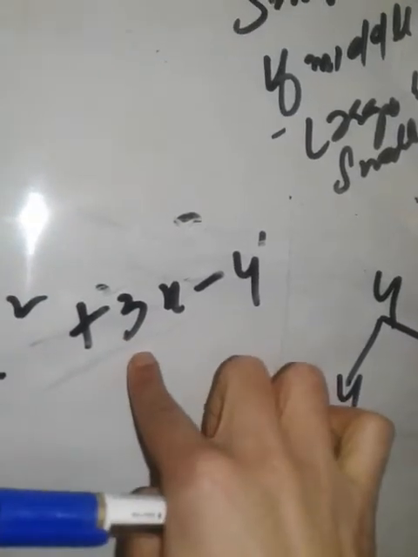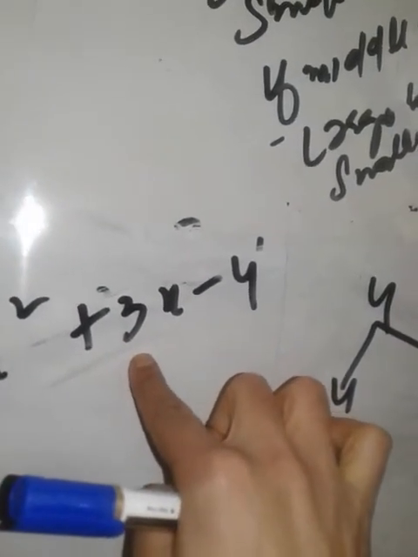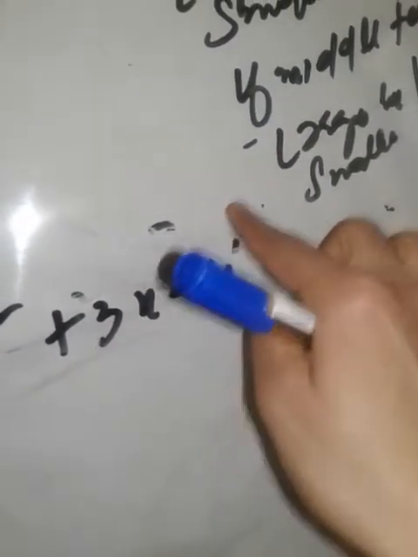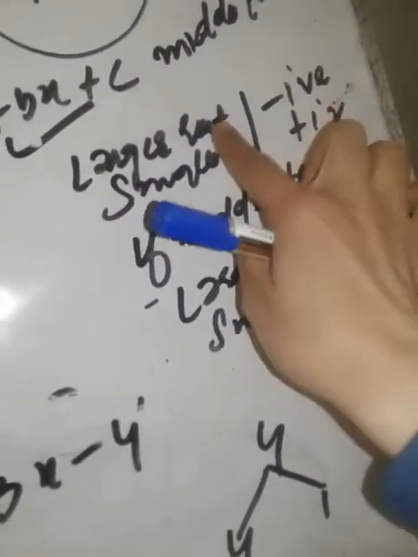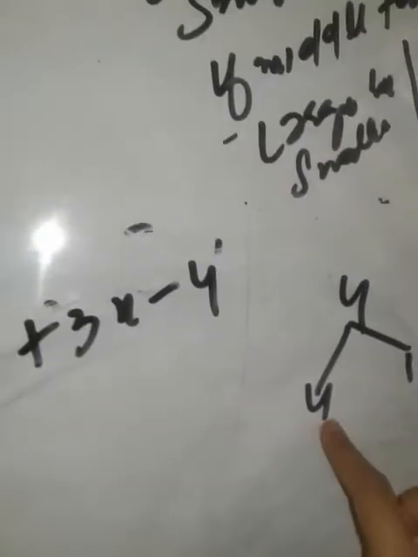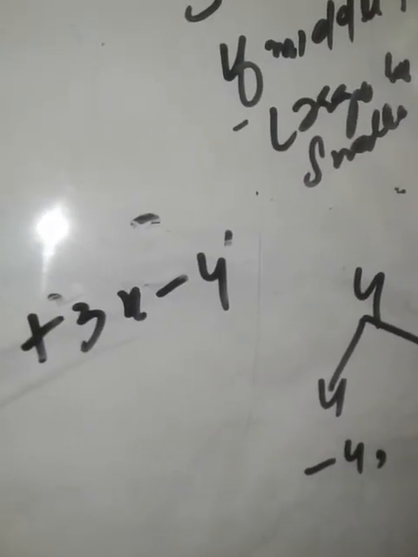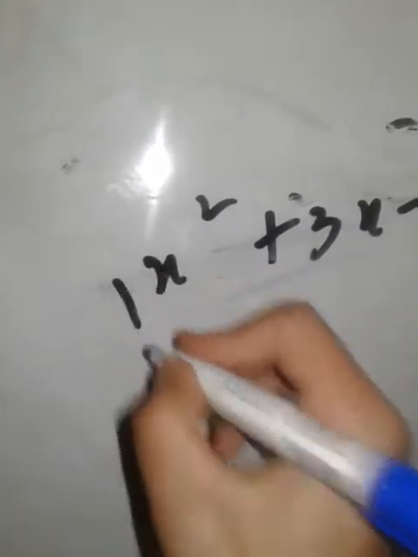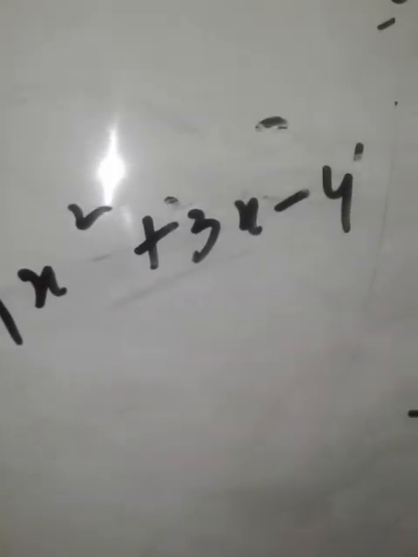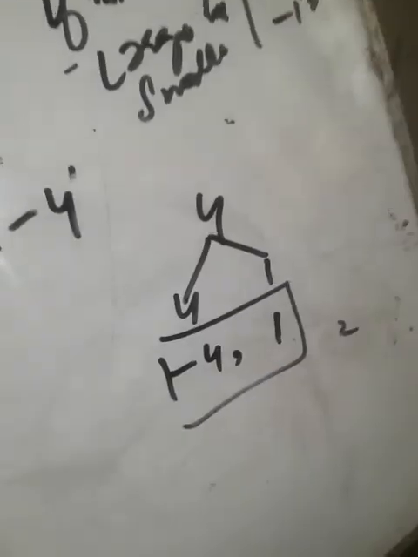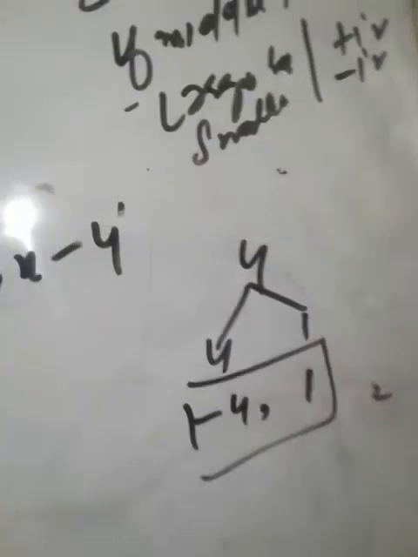Because if you subtract, you should get the middle term, that is 3. Now what is the sign of the middle term here? The sign of the middle term is positive. If the sign of the middle term is positive, what do you have to keep? Put the larger root with a negative sign. Which one is larger? This is minus 4. Minus 4 negative, 1 positive. Now the coefficient here is 1, so you need not divide by 1. Its roots will be minus 4 and 1. Let's do one more example.